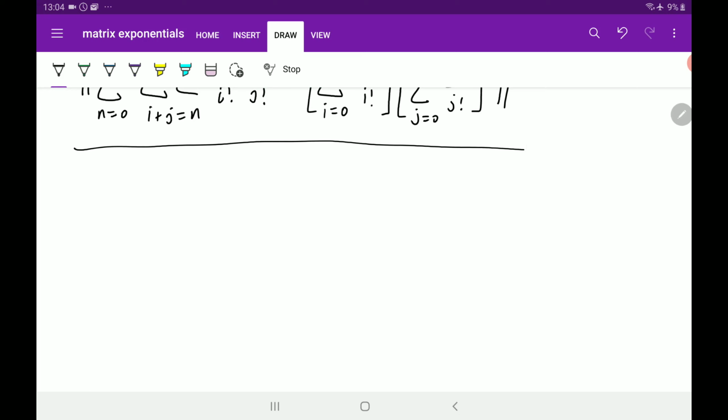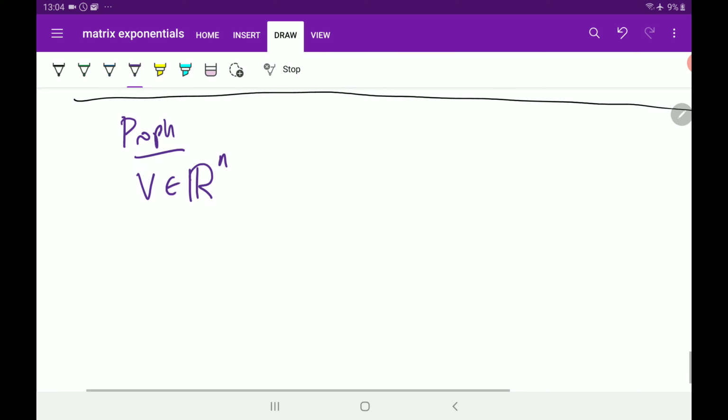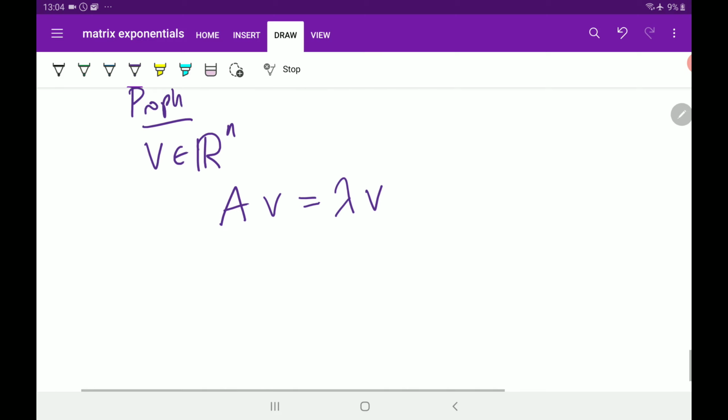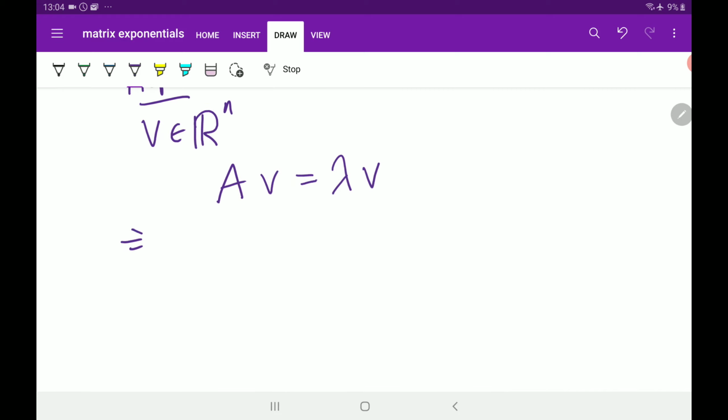Okay, I'm going to skip the proof of this lemma. I'll make another video going through it, but it's quite difficult. So the next proposition is that suppose that v, which is an element of R^n, is an eigenvector of A, and it has an eigenvalue lambda. Okay? And the claim is that